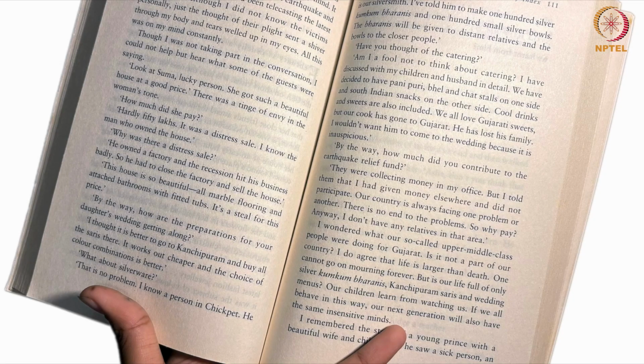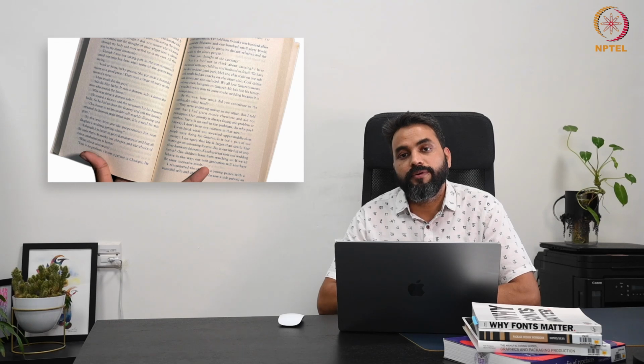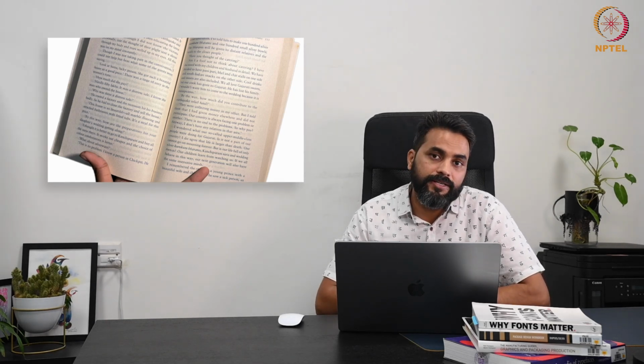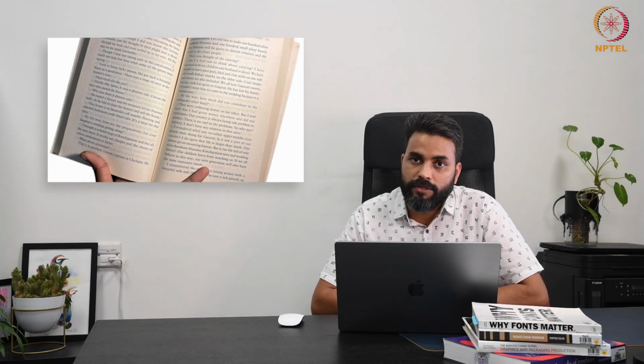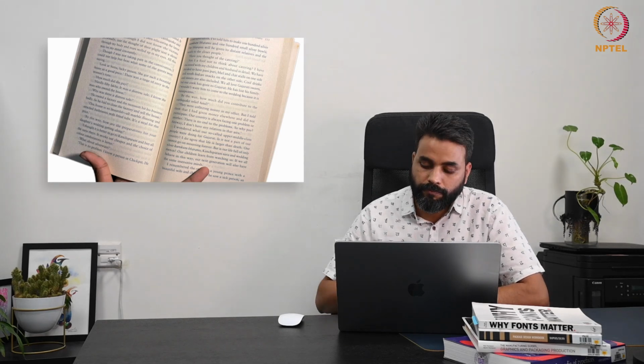Now, if one has to investigate the layout design for different types of books or different kinds of publications, you will find designers have used different types of layouts, and they have done different kinds of arrangements depending on the kind of content and user for whom the whole book has been created.